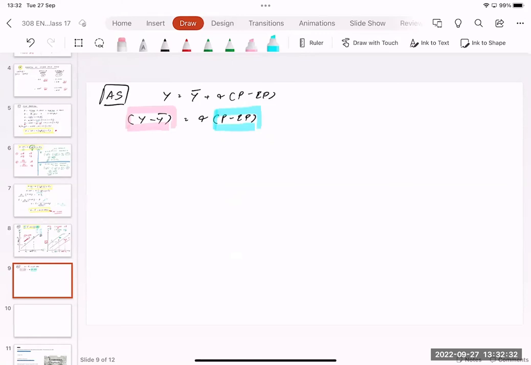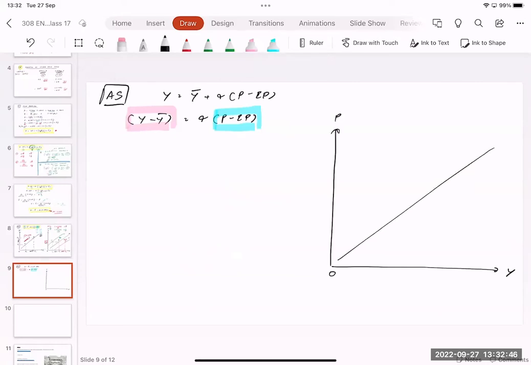And then I'm going to draw the graph here. On the horizontal axis is Y, on the vertical axis is P. We have the aggregate supply curve. We have long run aggregate supply, so here I'm going to write down long run aggregate supply, because I want to show you that Y bar is actually here. This is point A, YA equal to Y bar, and at point A, PA is supposed